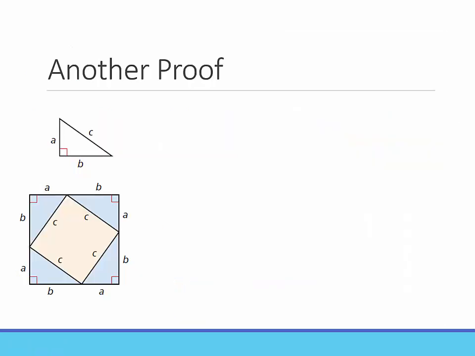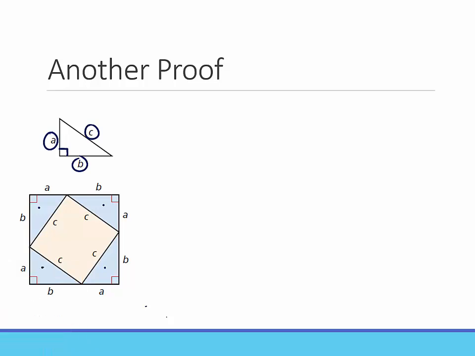Here's another proof. This one's a little more algebraic than the last one, so more people tend to like this one if you like algebra rather than just counting. So let's say we have this triangle. It has to be a right triangle, and it has two sides, A and B, and a hypotenuse of C. So if we turn this triangle and make it into a giant square, and we have this other square inside of here, the light colored one,